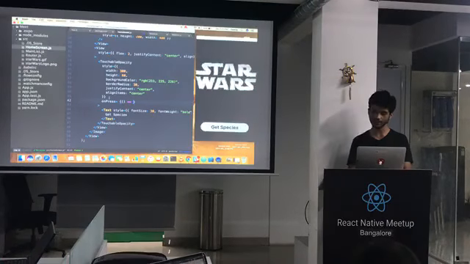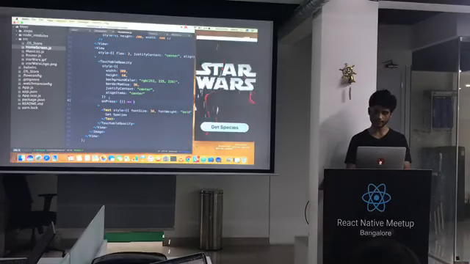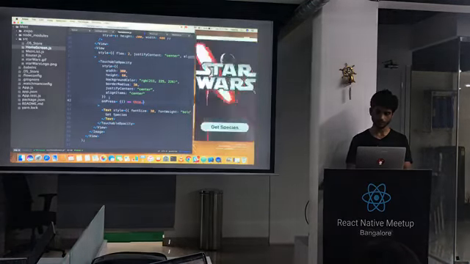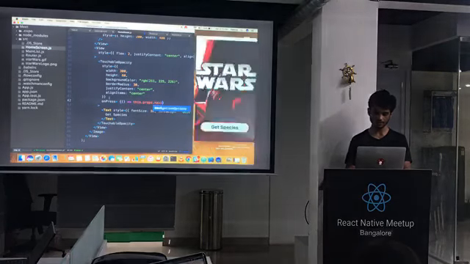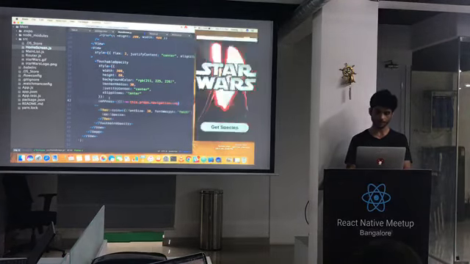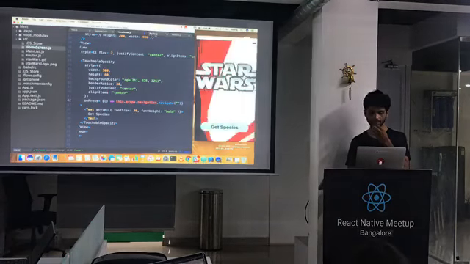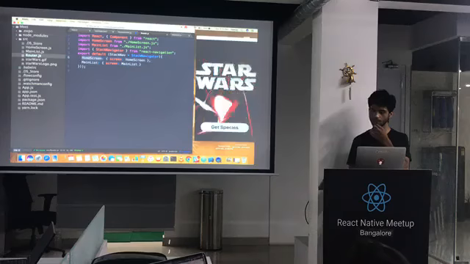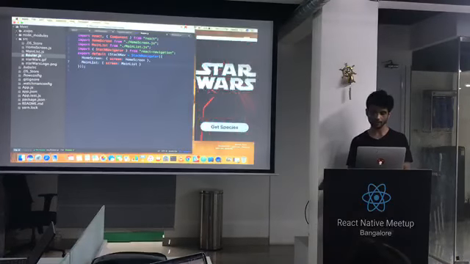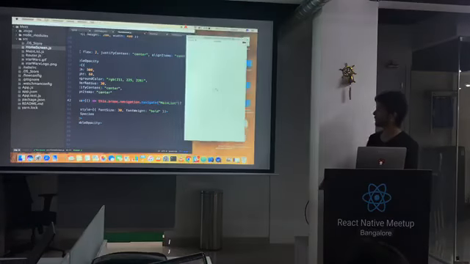We're using fat arrows here. On press, we would like to navigate to the next screen. So we do this.props.navigation.navigate, and then whatever name we passed in the router, that's the name we pass here. We'd like to navigate to the main list, so we pass main list here, and hopefully it should do that for us now.